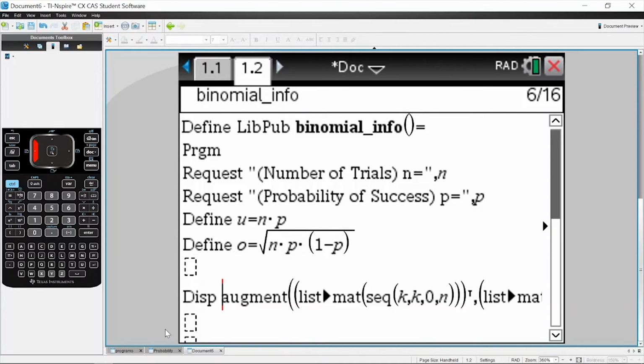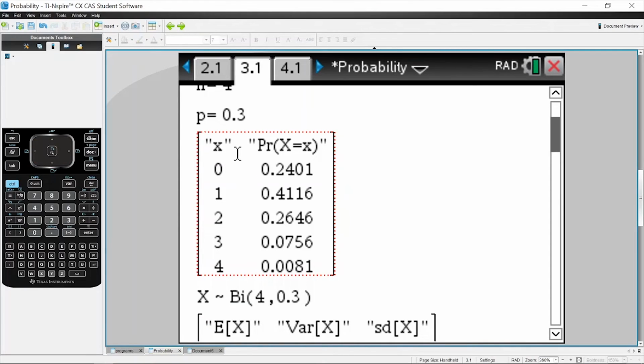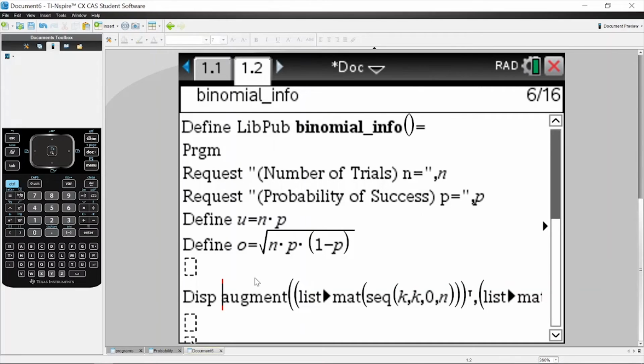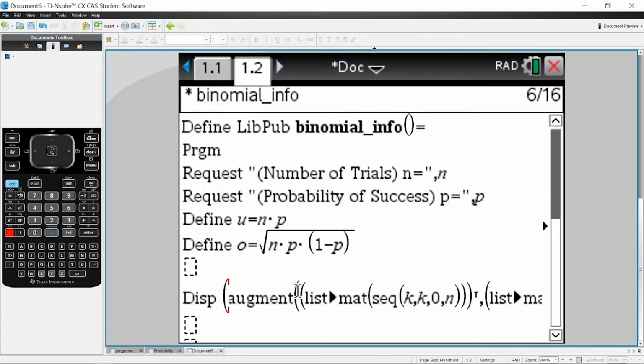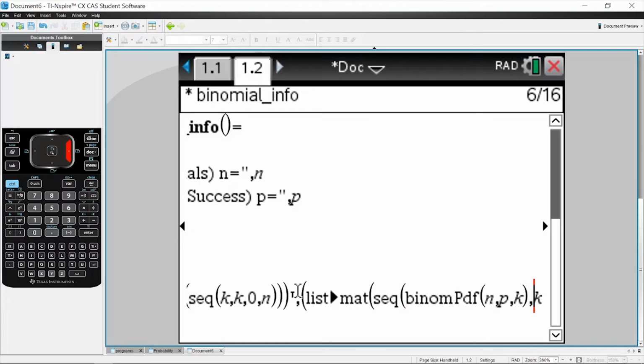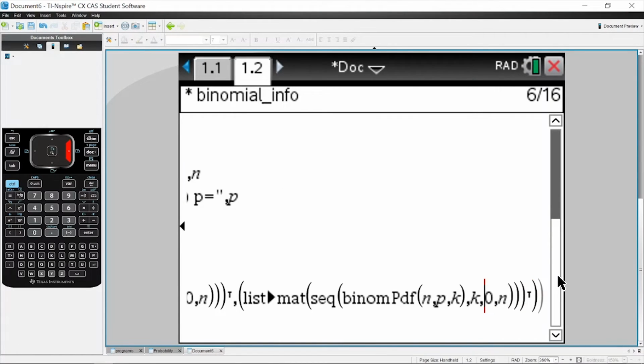In order to do this, in CAS we can't really augment matrices together vertically. We can only do it horizontally. So to transform everything horizontally, we need to transpose this current matrix that we have, and then from there we can add on this new matrix, and then untranspose everything to get everything vertically again. So what do I mean by that? With this augment command, this is the matrix of values that we have. Let's put parentheses on the outside,